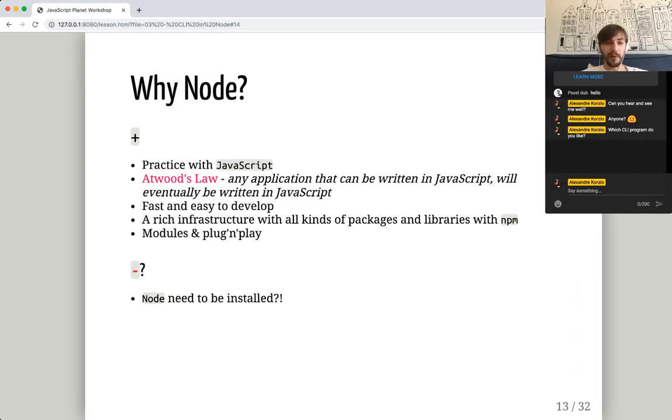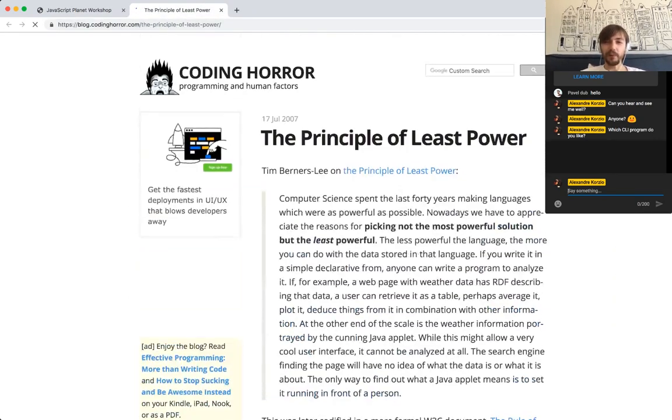Why would you use Node for CLIs? Well, first of all, Node stands for JavaScript, and if you like to practice with JavaScript, then here we are. The other one is that it's quite funny. I like to quote it every time. It's Atwood, Jeff Atwood, if I'm not mistaken. He was one of the founders of Stack Overflow, and here's a little blog post on the principle of least power,